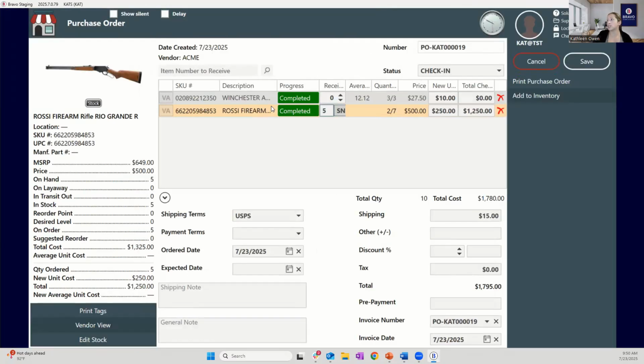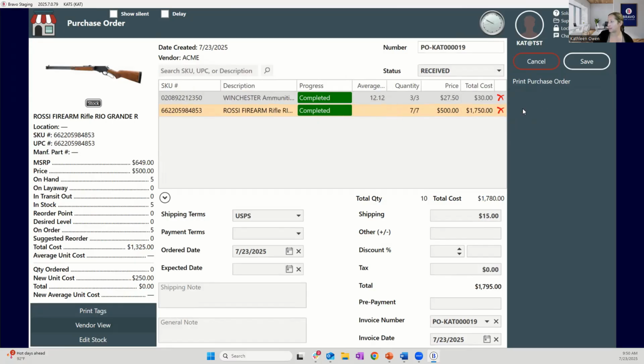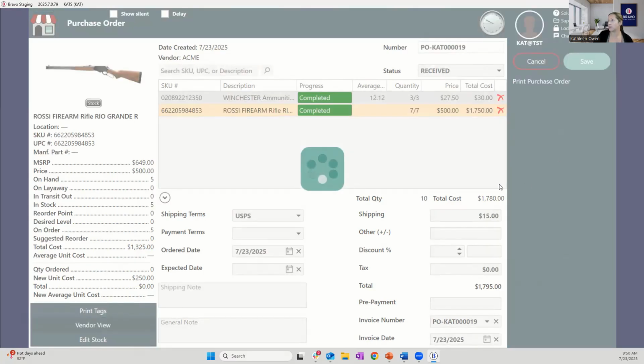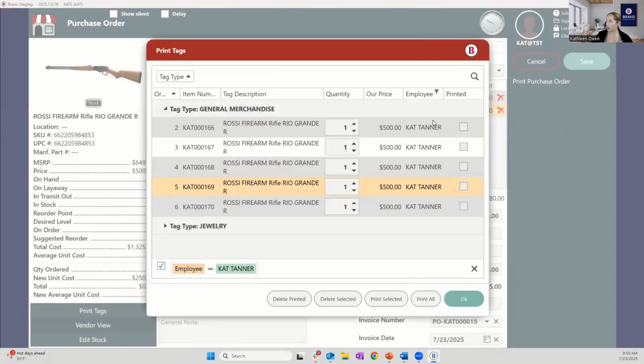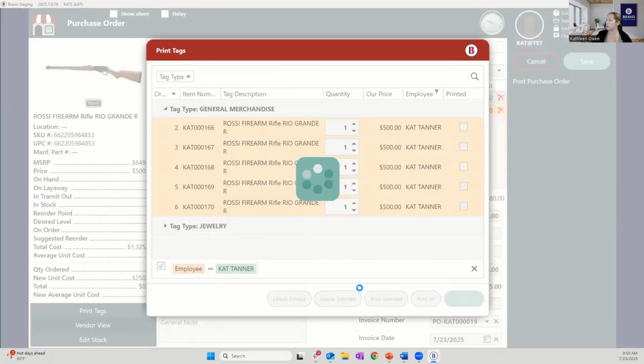All right, so now that shows completed, and when we click add inventory, we're only going to be adding the remaining 5 into inventory since we've already previously received the other 2. So once we hit that, we could go ahead and save it out, print our remaining tags, tag our new firearms, get them onto our sales floor, and we are pretty much done